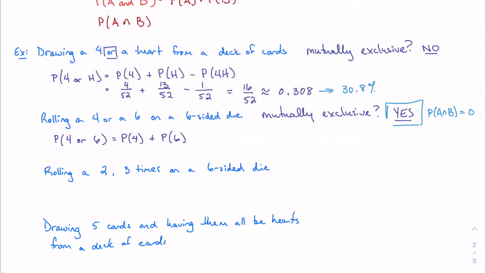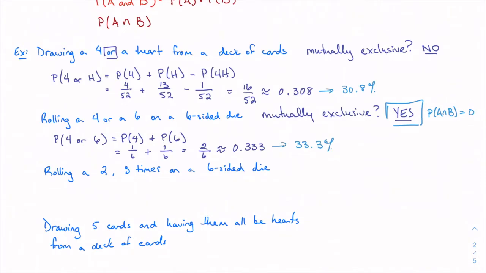So how many ways can I get a 4? There is one way on a die to get a 4. There's one way on a die to get a 6. So my probability is 2 out of 6, or 1/3, which is 0.3 repeating. Again, if you prefer to see this as a percent, I would write it this way. Those are my OR statements. If I look at my AND statements,